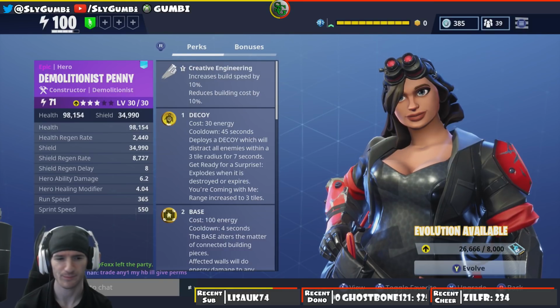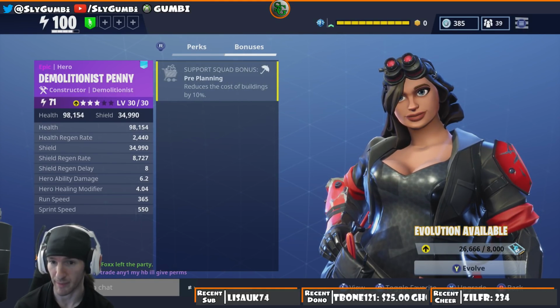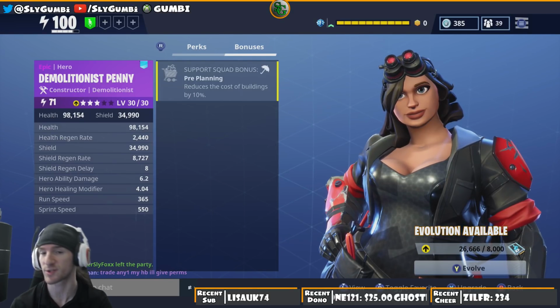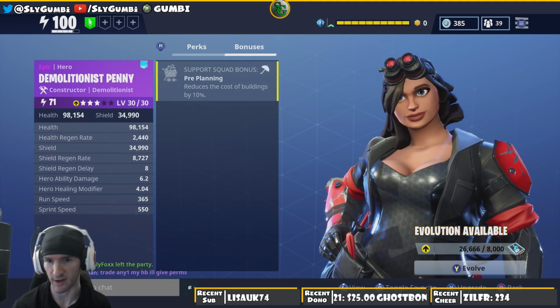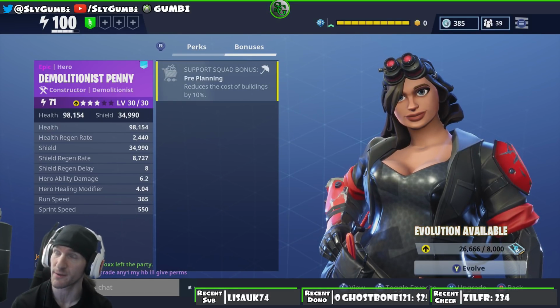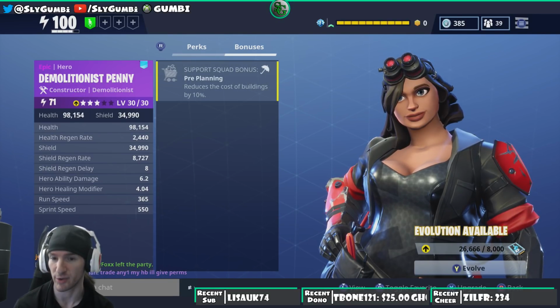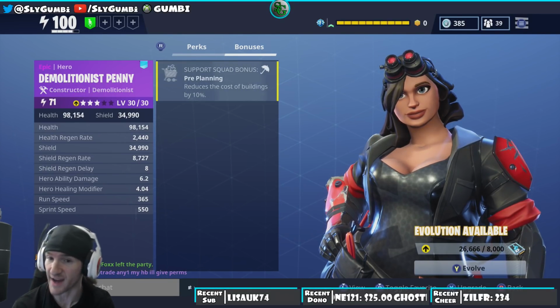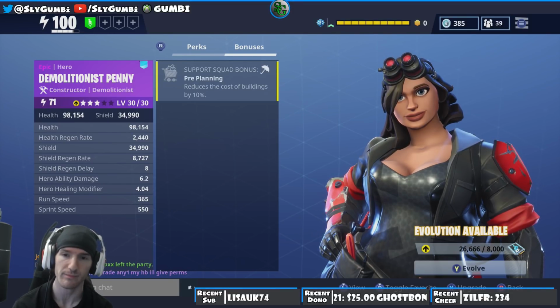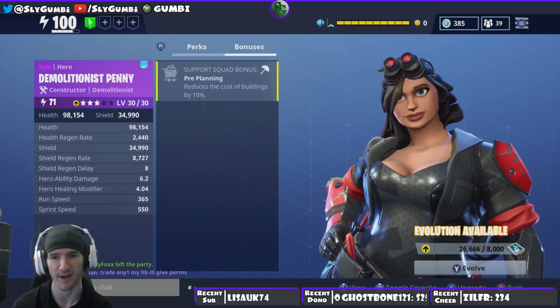Twisted Ways. Demolitionist also brings to the table a support squad bonus, pre-planning. It's already in the game, so it's not a new one, but now you have another way to get a hold of this support bonus if you don't already have it. I believe it's only from Hotfixer, but now you can get it through Demolitionist. It reduces the cost of building by 10%, and it does stack, so you can get 20%, which is sometimes cool for some people. But with the 5,000 resource cap now, it's kind of...